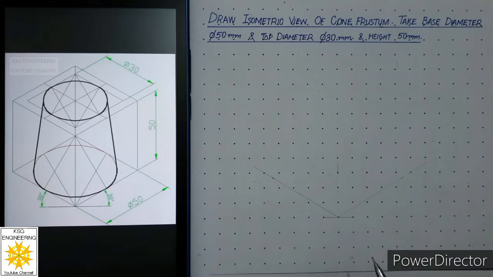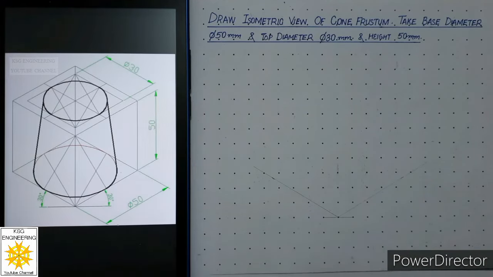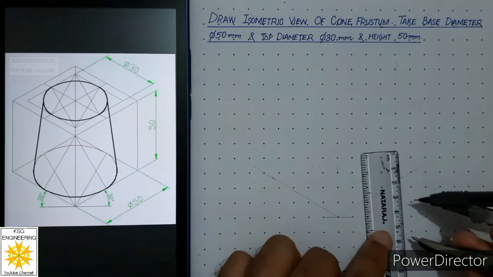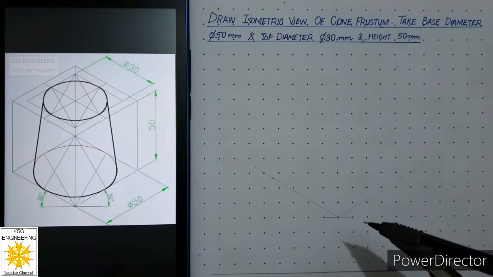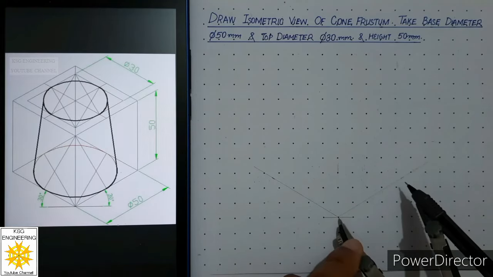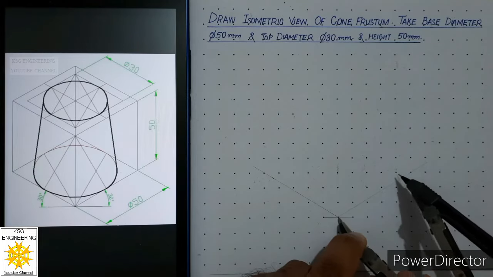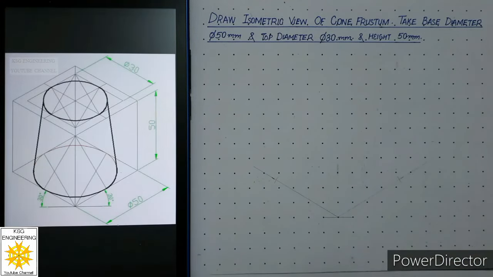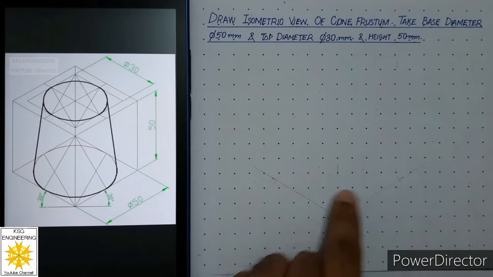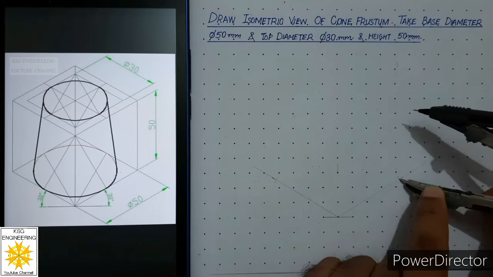Now after this, what we will do? We will cut these 2 lengths to 50 mm, which is the diameter of the cone frustum. So let us open the compass to 50 mm, and let us cut these 2 axes to 50. So place your compass at this point. Cut this axis to 50 with a continuous thin arc, and cut the other axis also to 50 with a continuous thin arc. Now from these 2 points, we will draw 2 more arcs of the same distance, that is 50 mm,